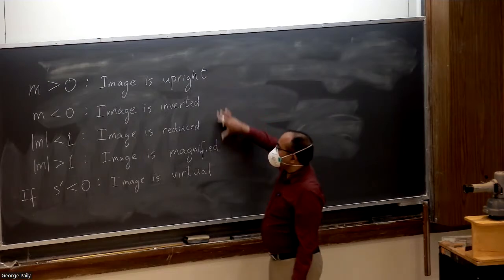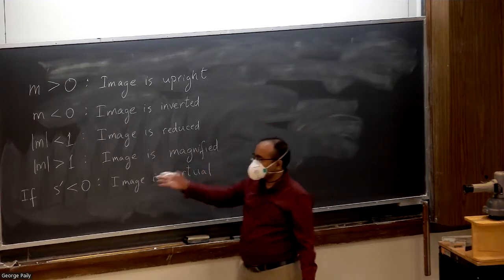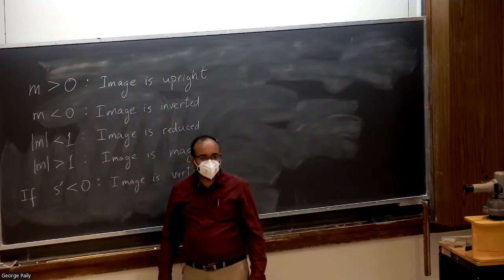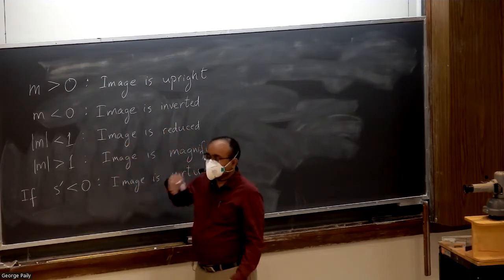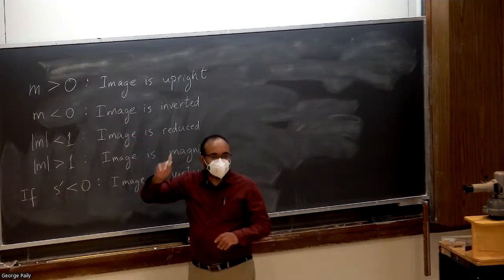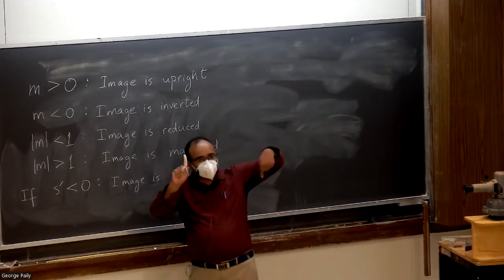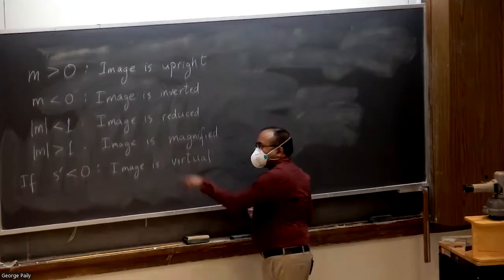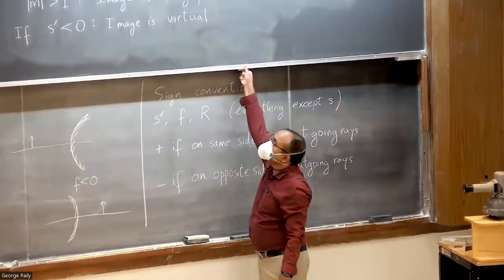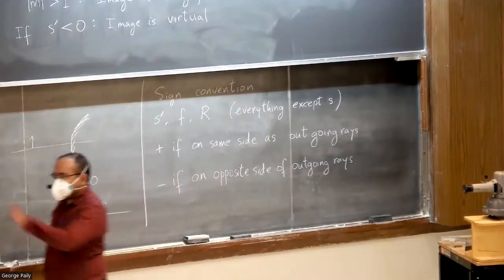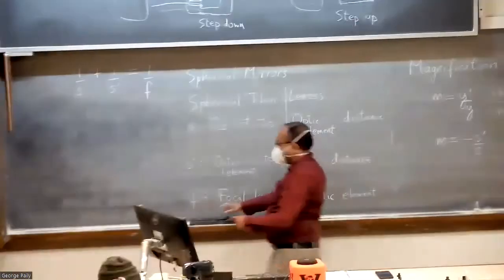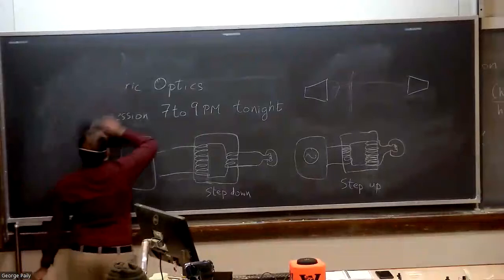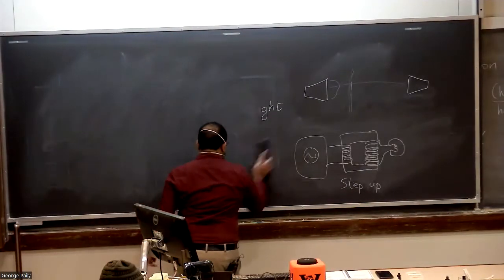So the ones for magnification are sort of straightforward. If the absolute value of M is greater than 1, then clearly the height of your image is greater than the height of your object, so it's been magnified. If it's less than 1, it's being reduced. And then the positive or negative indicates whether they are both pointing up, or one is pointing up and one pointing down. So that tells you whether it's upright or inverted. We'll talk about S prime in a moment. Let me put that there. And now I'll go back to the board. Okay, so